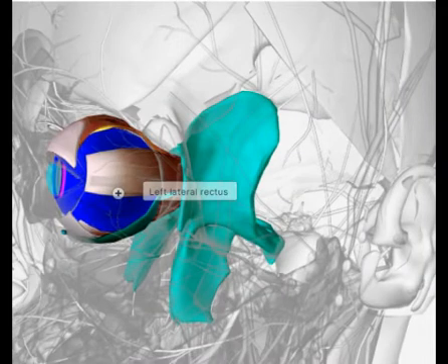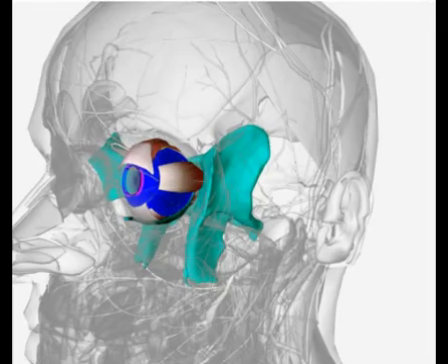lateral rectus muscle. Also there is one more thing to add over here in respect to the lateral rectus muscle, that one part of the lateral rectus muscle will find its origin from the common tendinous ring at the lateral aspect, and another part will also find its origin from the medial surface or the orbital surface of the greater wing of the sphenoid. It has two attachments for its origin.